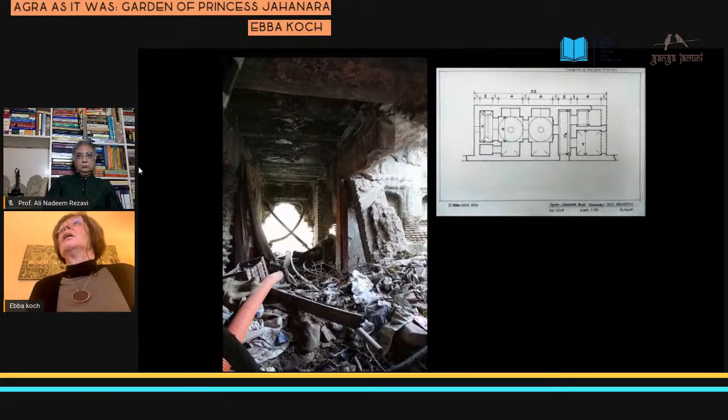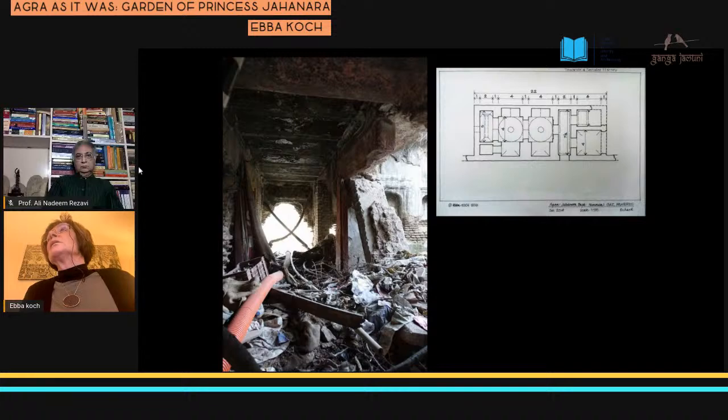And next one is a corridor which runs through the building, and then on the left side would be the rooms which we reconstructed with dotted lines because this part of the building is missing. Now the hot room would have had a double floor, with a hypocaust heating system, and this is also missing. And the vault, next slide,